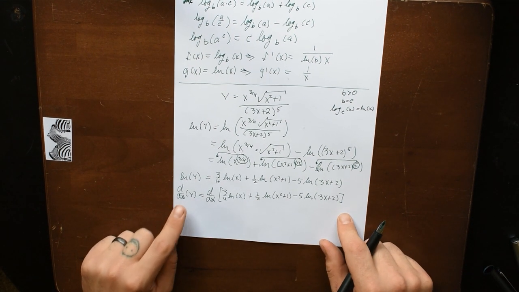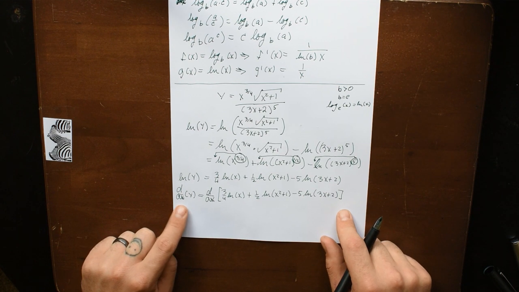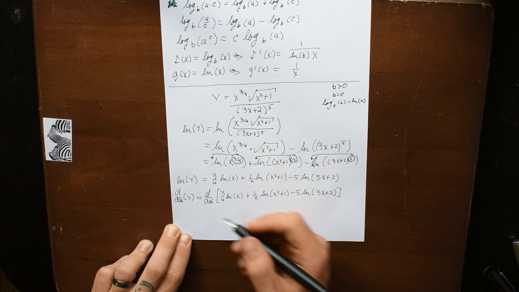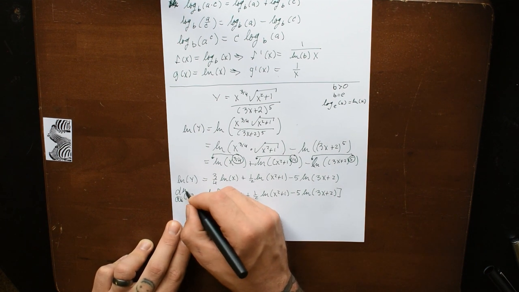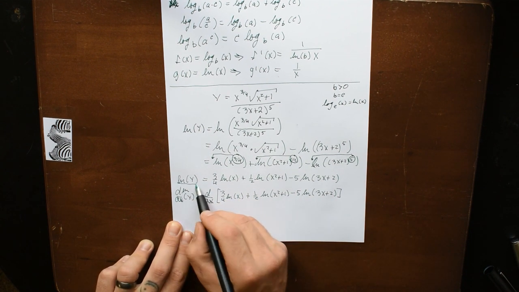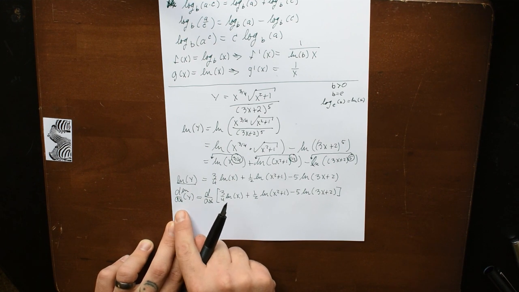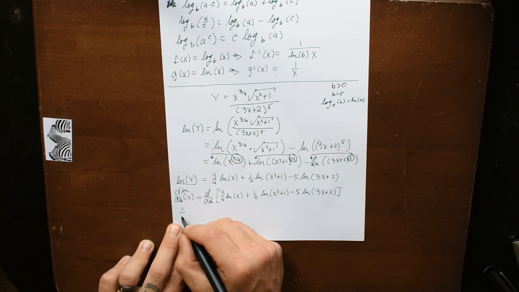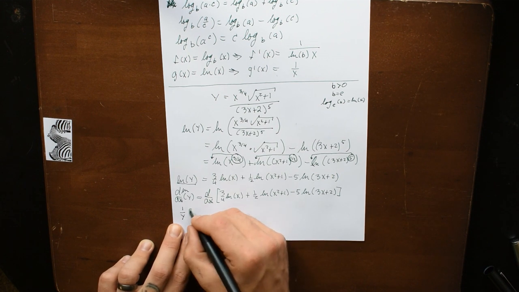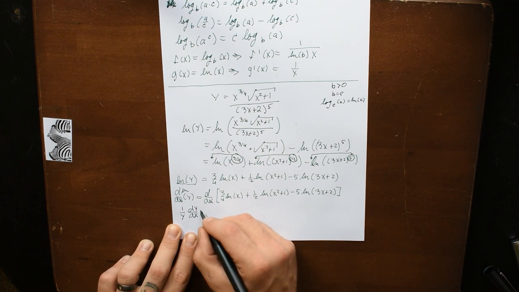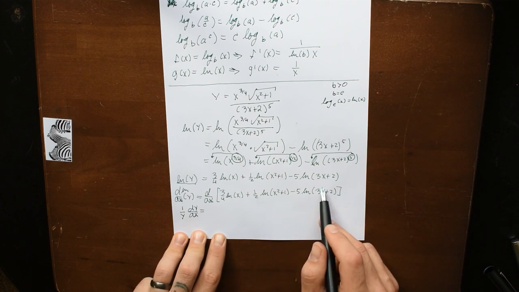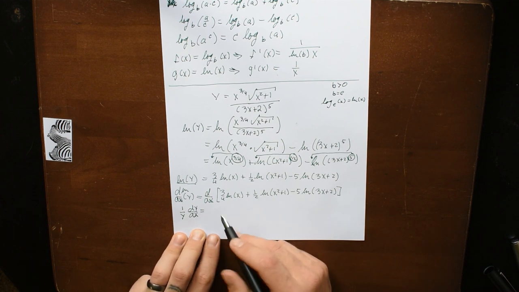Okay, so now we're going to have to apply our chain rule. Y is a function of x, so the derivative with regards to x of the natural log of y is equal to 1 over y times the derivative of y with regards to x. That's our chain rule. That's going to be equal to, derivatives distribute over addition and allow constants to pass through,